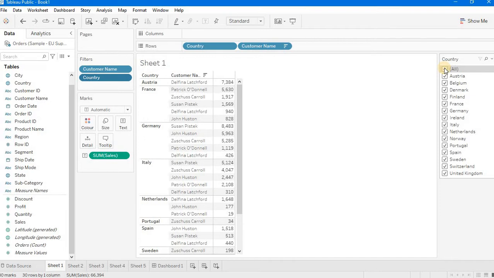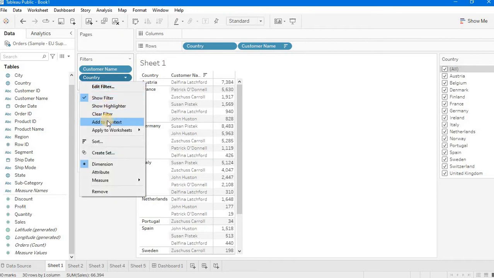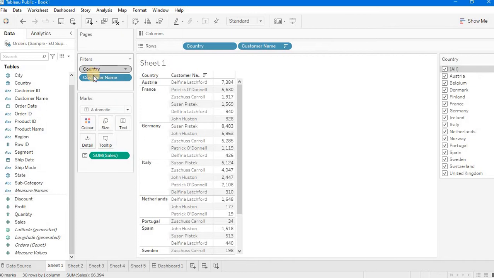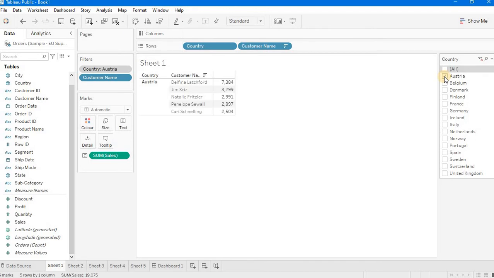So this is where the context filter comes in. We want to make, for every country, a top 5 customer based on sales. So we make that filter a context filter. When we make it a context filter, it goes up, showing that it is a dominant filter here. This filter must apply before any other filter is applied. So now if we choose any country,